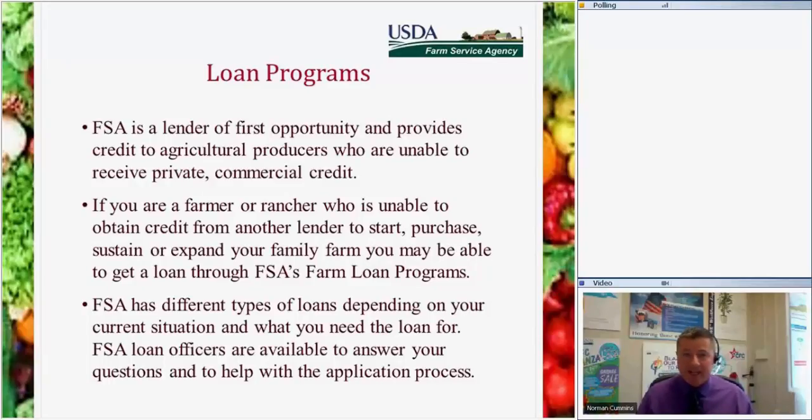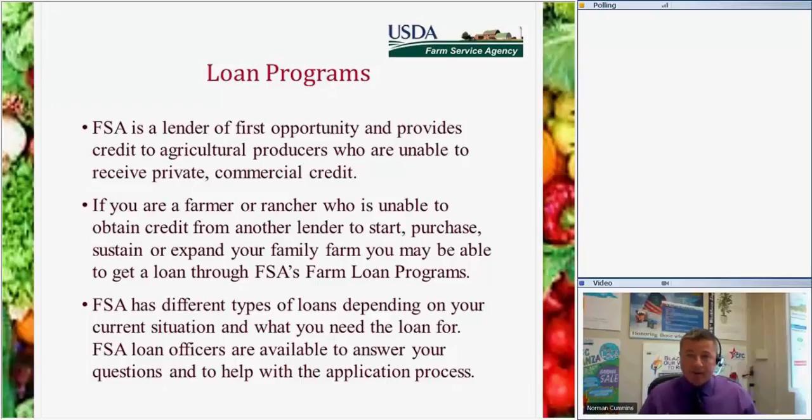But we like to put that out there and tell you, if you're a beginning farmer, rancher, or a veteran that just got out of the military looking to get into farming. And we find that a lot of our veterans, I'm a veteran myself, come from rural areas where agriculture was a big part of their lives until they decided to sign up and go into the military. So there are loans out there that I wouldn't say cater to the veterans, but there are a few benefits that I'll talk about later for veterans.